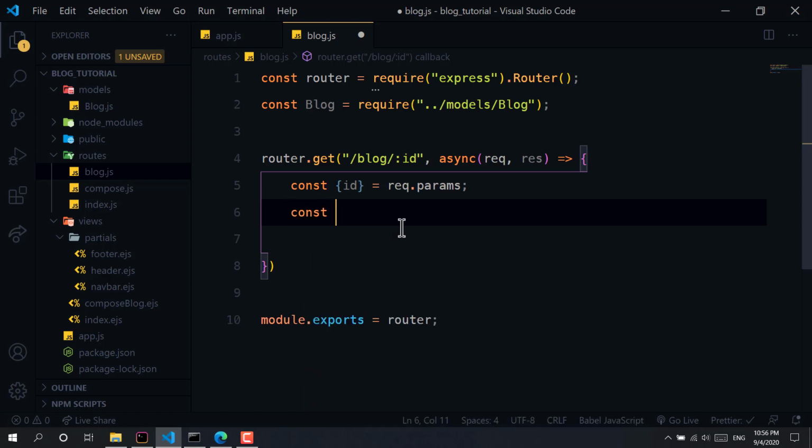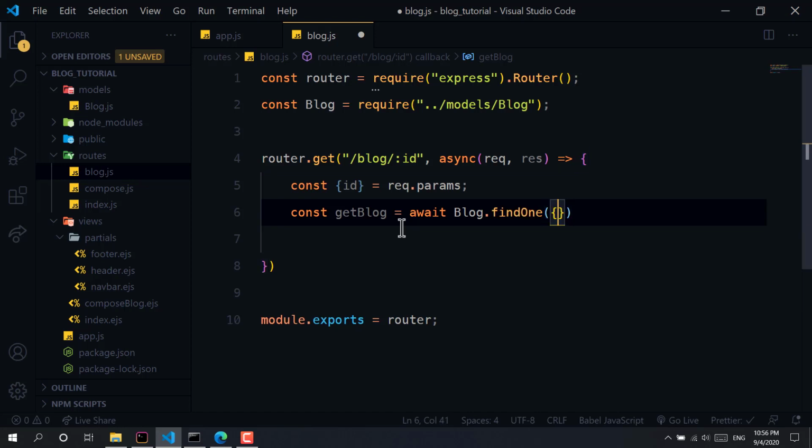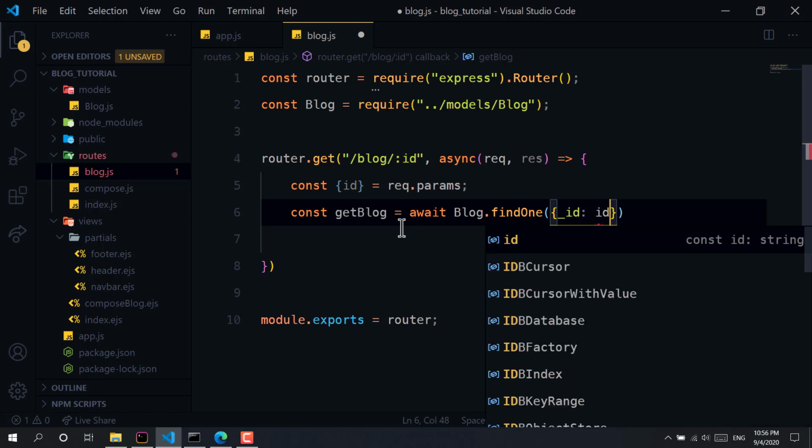So now I will get blog is equal to await blog.findOne, and we want to find on the basis of id, to be of id.